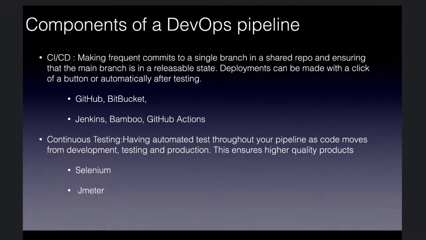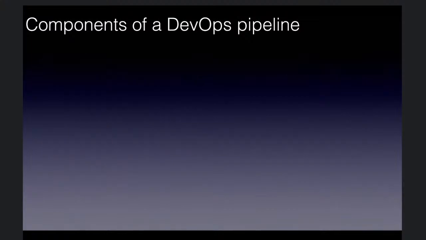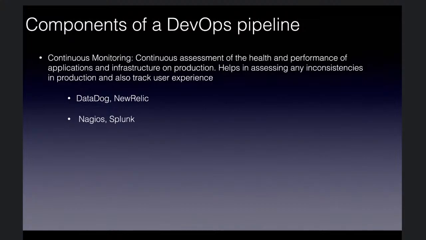And some of the common test tools are like Selenium and JMeter. Continuous monitoring. When your code is on prod, you must monitor. You must monitor to get all those critical metrics that we want to measure, so you can assess, oh, this is how my app is performing. Is there an error? If the developers need to roll a fix, do they need to fix a bug? If you're not monitoring, you can't see all these things.